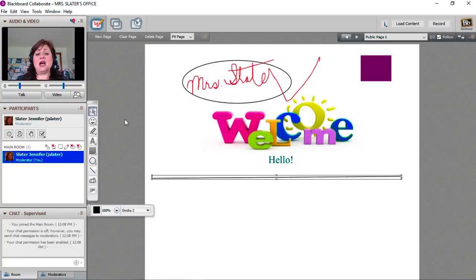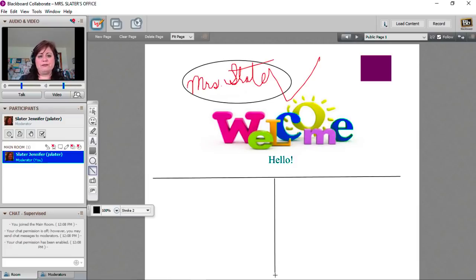And then maybe I need Tom to put his information on one side of the board and Joe to put his information on the other side of the board. And Tom and Joe, they're getting their stuff all mixed up. So Tom says, I'm going to put a line down the middle so our stuff will stay separate. So Tom grabs that line. He goes to where he wants to start the line and clicks. And then he drags the line down, because he wants there to be a line down the middle of the page so that now Joe and Tom can go ahead and write what they need to write without running into